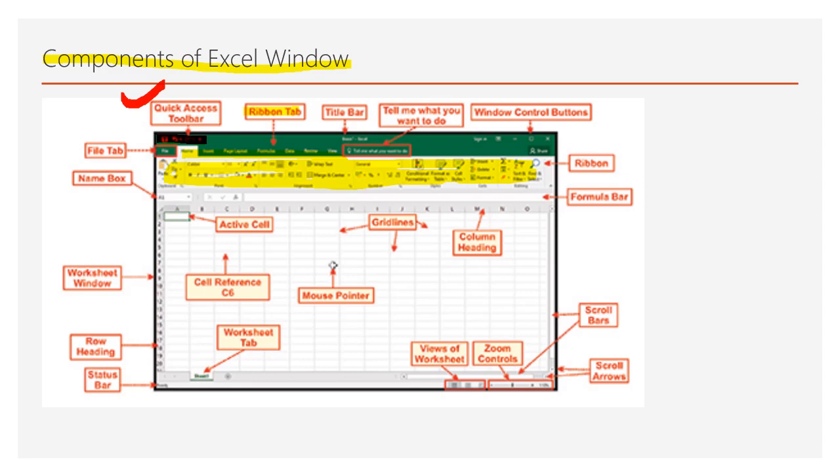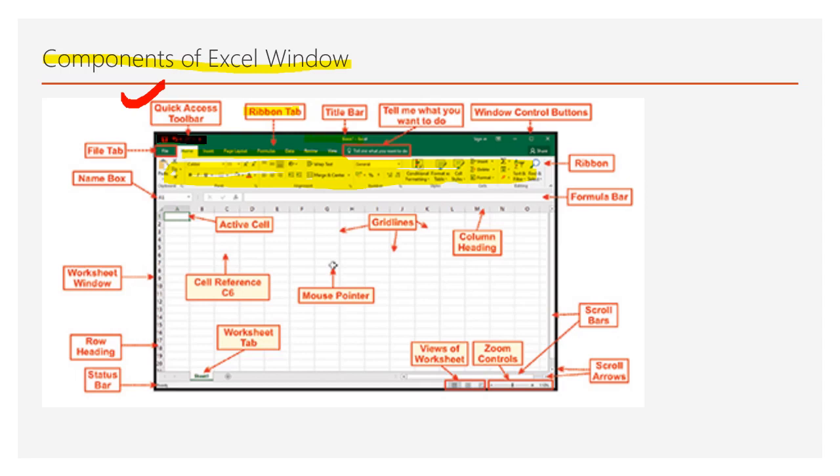These are the different tabs: home, insert, page layout, formulas. And these are the groups. One section of options is called a group. So the ribbon is divided into tabs and groups, and this is used to issue the commands that are available in Excel.